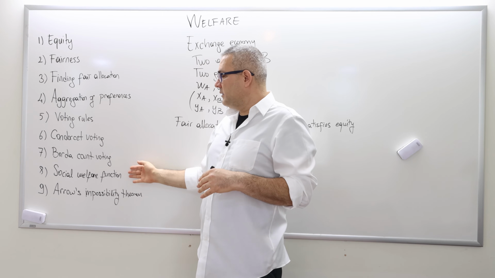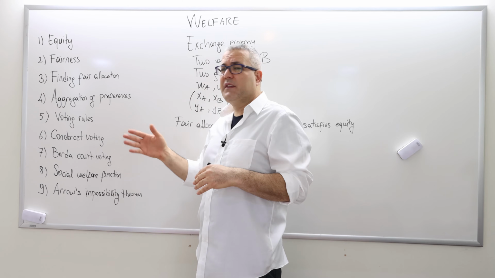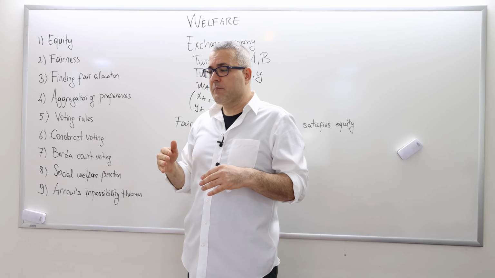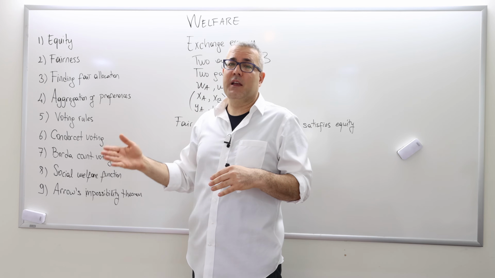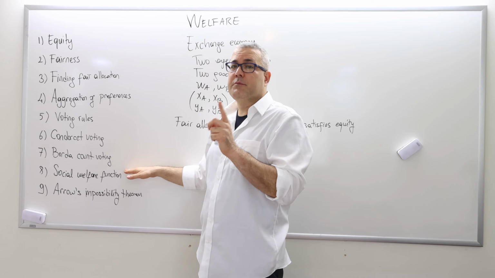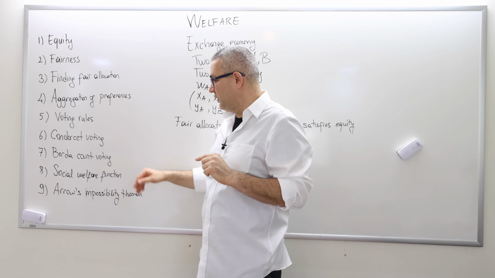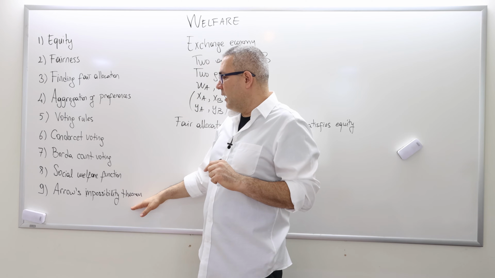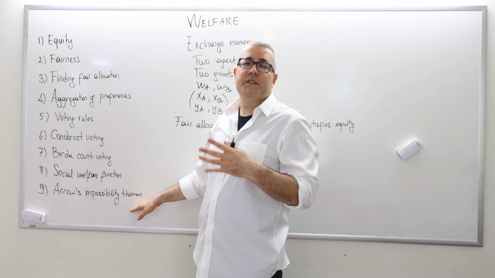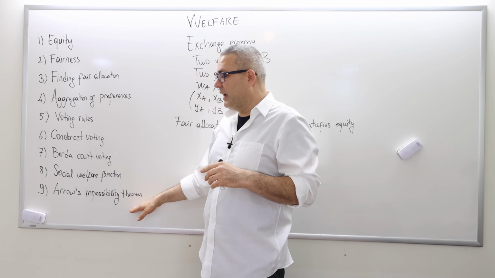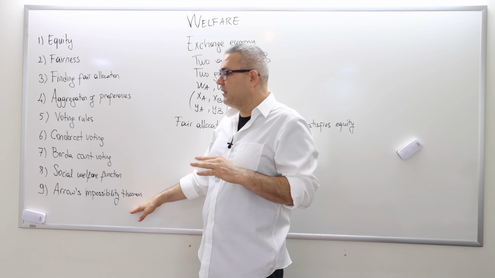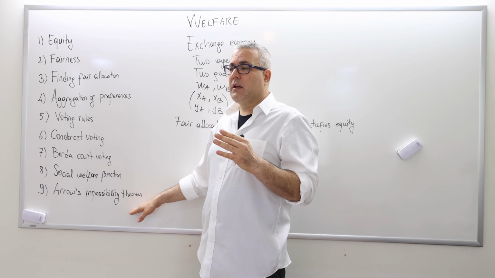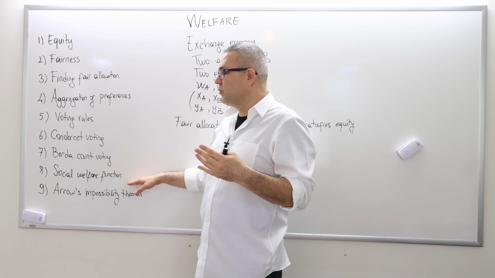And then I'll talk about social welfare functions, particularly utilitarian social welfare functions, and what it means to find an allocation that optimizes a social welfare function, which means a Pareto efficient allocation. We'll talk about that. And we're going to basically finish this chapter with Arrow's impossibility theorem. It's in some sense a negative result, which basically says there's no way to find a nice voting rule, or a nice social welfare function,